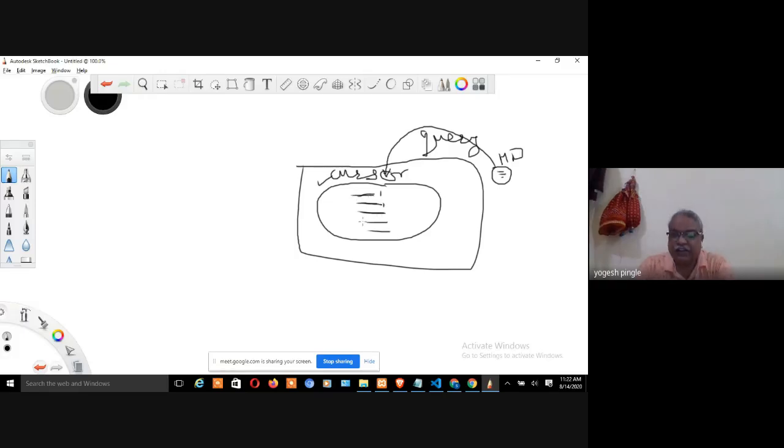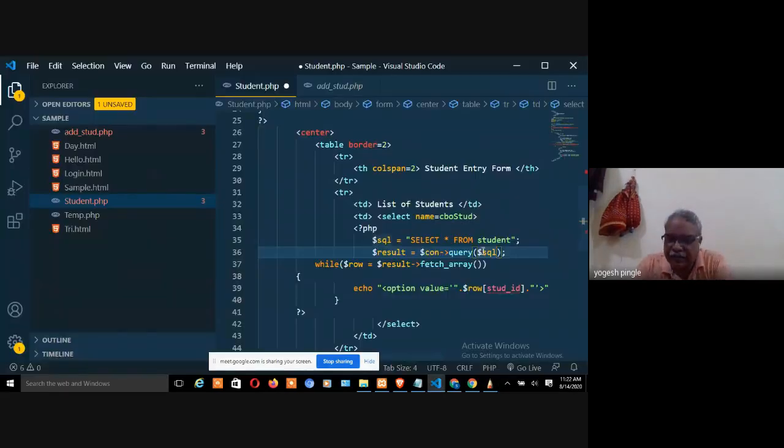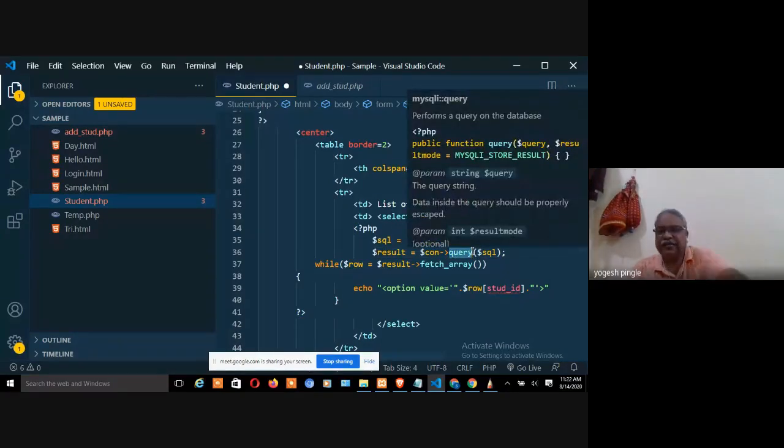So inside a cursor, it is going to load it over here. So my con object will point to this particular cursor. So that's why this is there. This is the meaning of this. My con object is pointing to this. Query is an implicit function. See this public function, right?